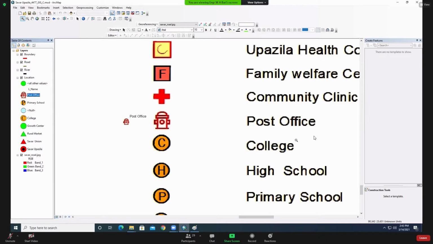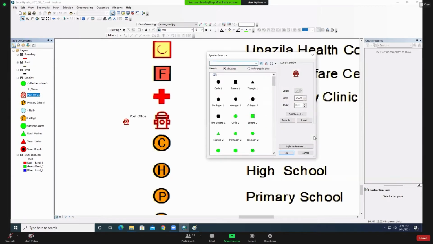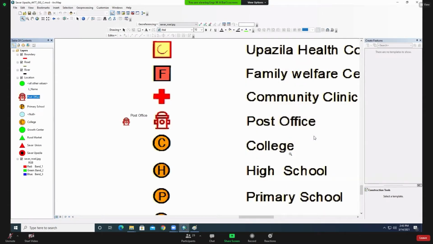If you increase it, you can. If any symbol is not available in the database, then you can make it.